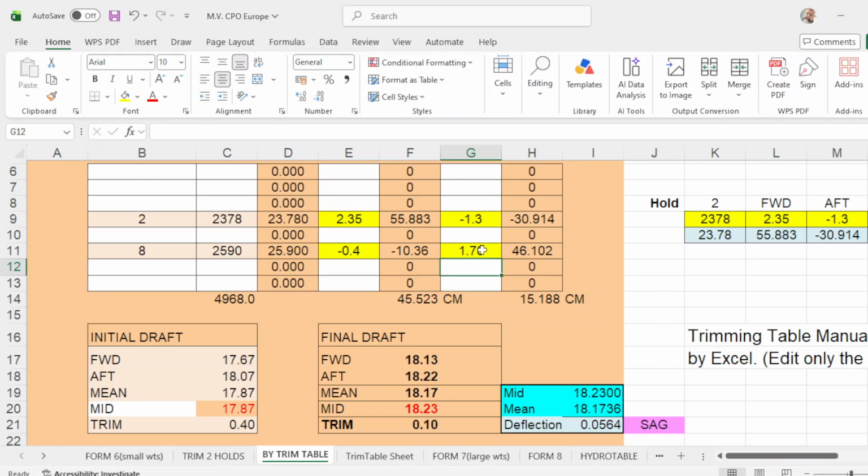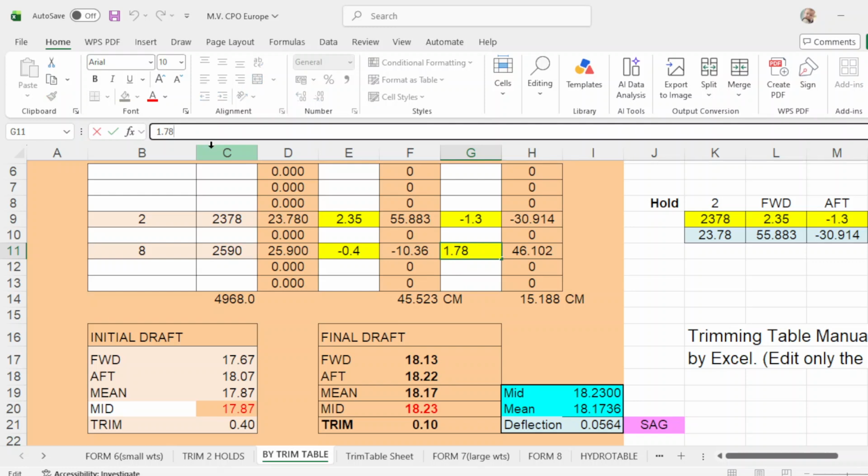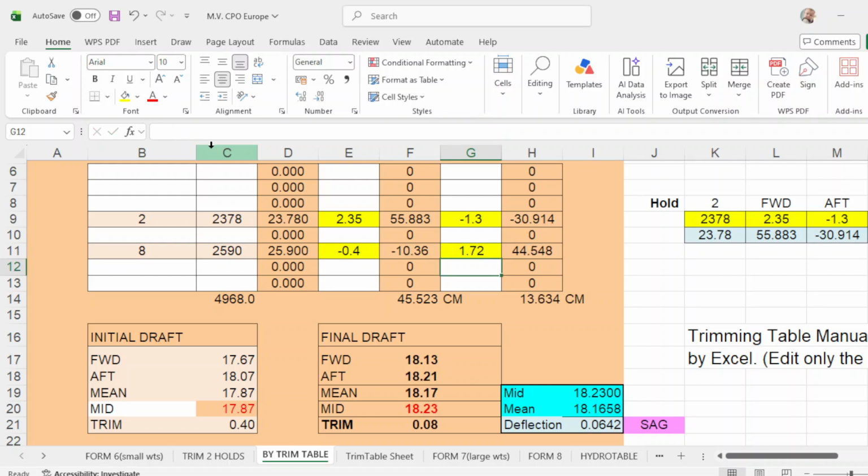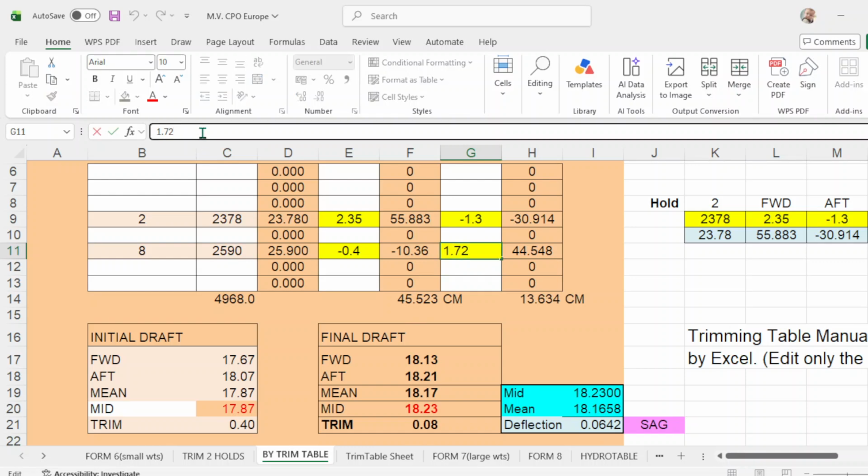Oh, so we have to reduce it to 1.72. 0.72, 21, 1.6, 1.6, 1.6, adjust it.